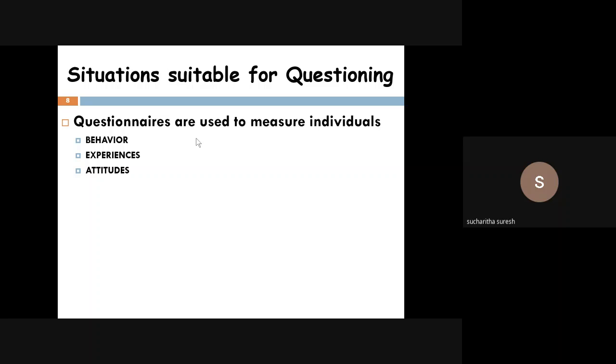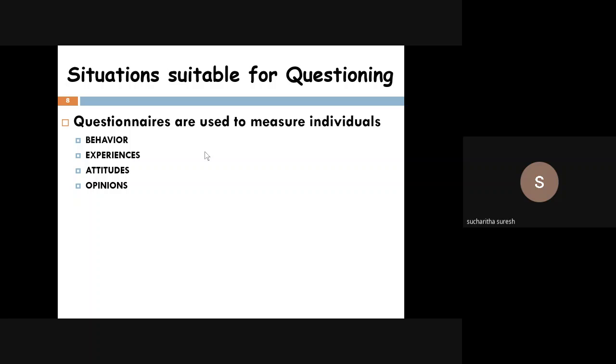That can also be there, right? Then opinions. What's my opinion related to something? See, there are minute differences between attitude and opinions. That's why, friends, I told you, whenever you are taking up certain concepts or words like this, they need to be defined. An operational definition needs to be given, so that if I ask what is the meaning of behavior in your study, you should be able to tell that the behavior in my study is this. Behavior may have many meanings, but in my study I am taking it in this sense.